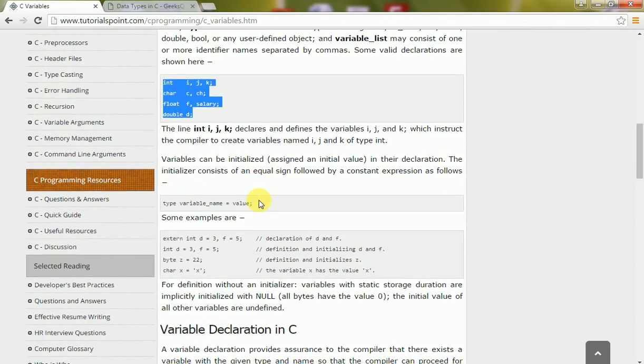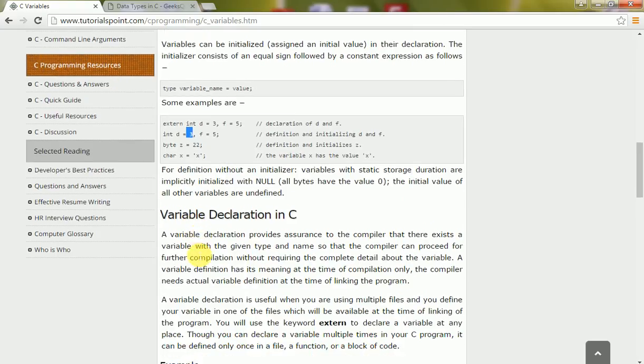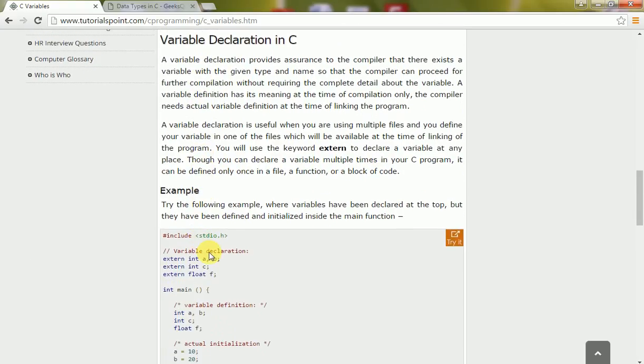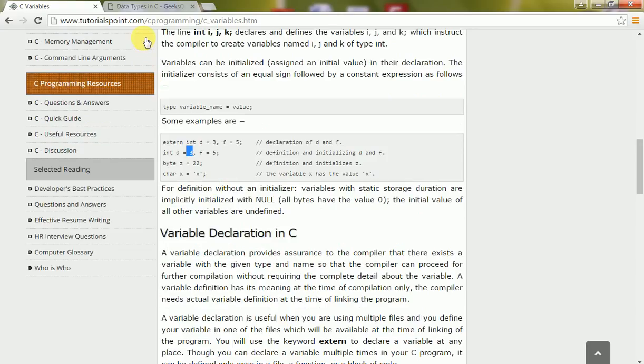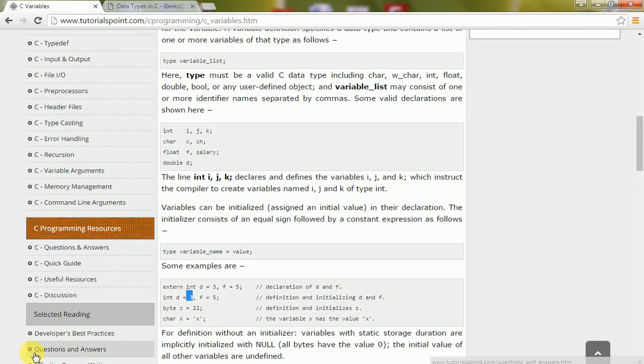If you want to see something extra, then you can see for integer the type of variable int, variable name d, and value 3. But value can be used in various ways. You can take value from the keyboard, or you can specify the variable value. So whatever you wish, you can do it, but it depends on your program how and where the variable value is declared. So this is all about the basics of data type,